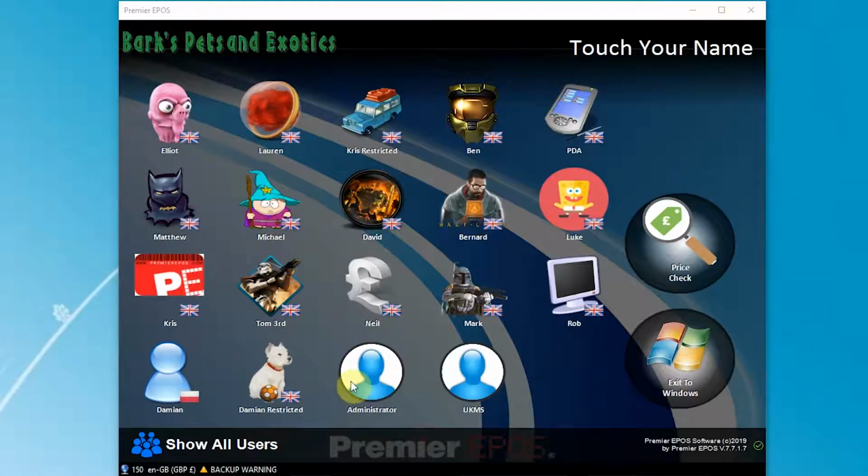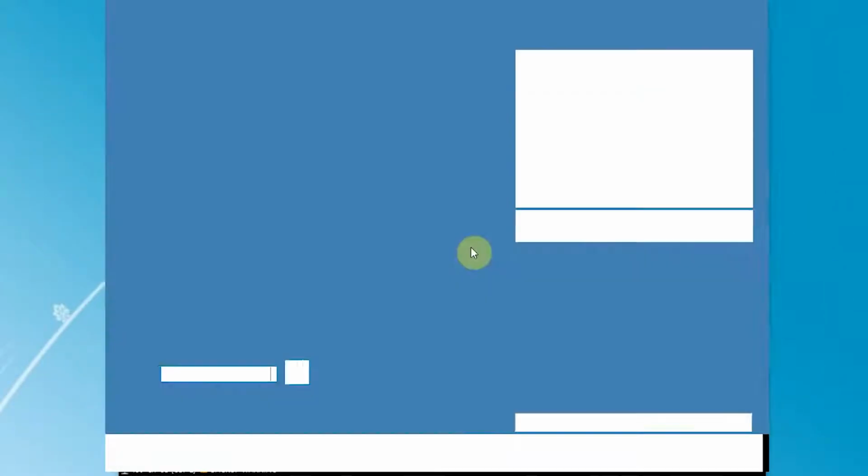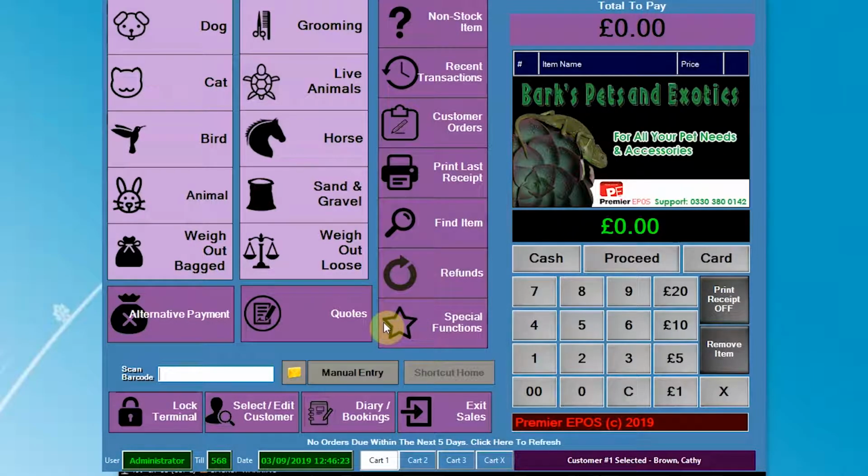Today I'm going to show you how to add a photo of a customer to their account. So we log ourselves in, go on to sales mode, and say for example you need to store customers' photos for security reasons or for trade counter reasons or for any reason why you might require a photo of them